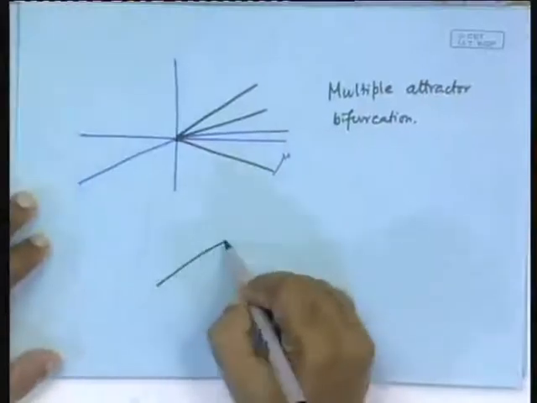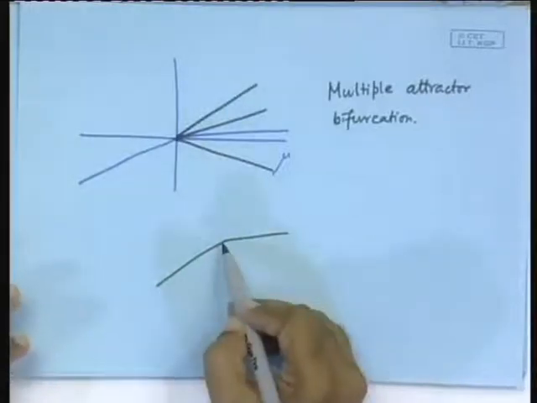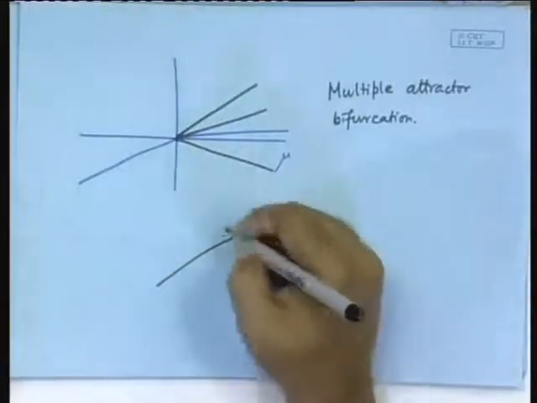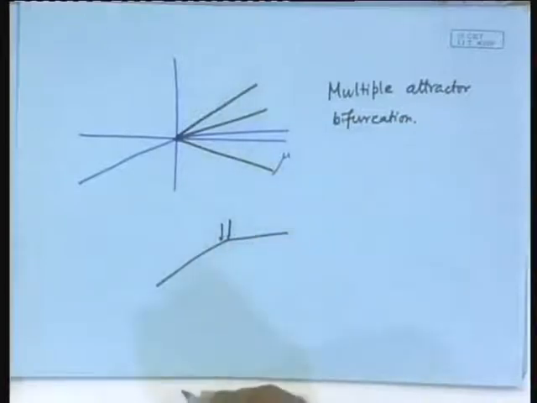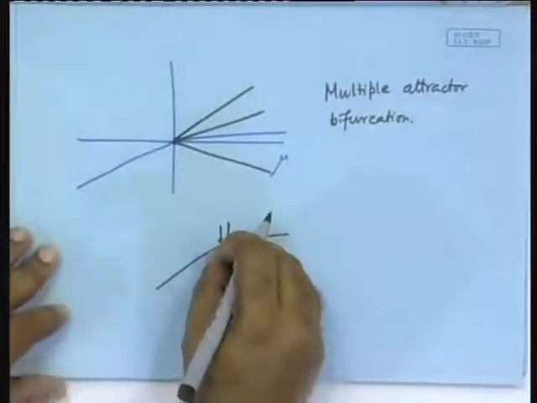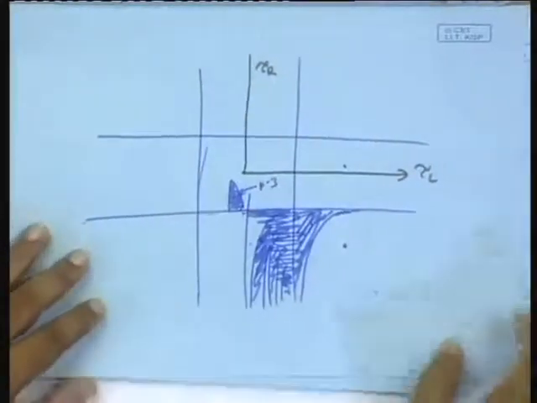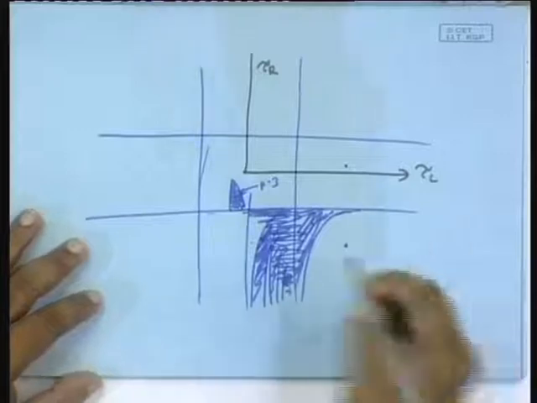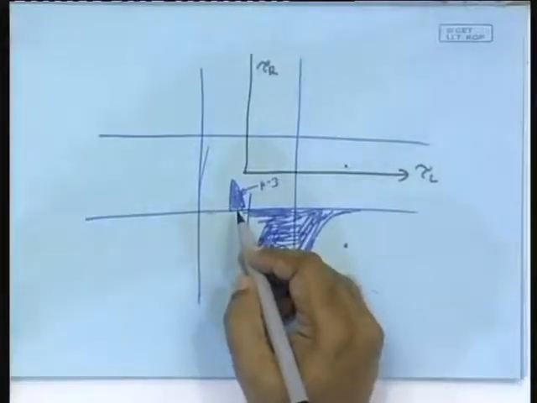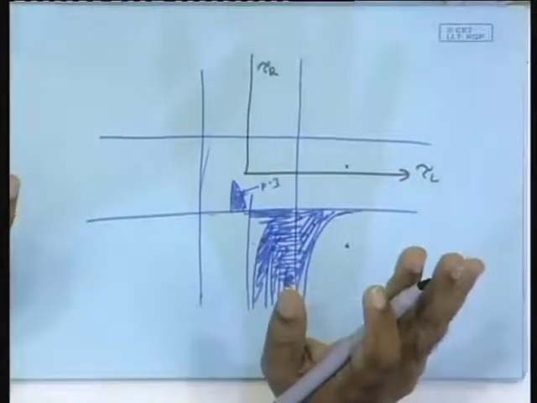So, say you have obtained a bifurcation diagram looking something like this, and you are happy that it was a periodic orbit and it remained a periodic orbit. But as I told you, you have to obtain the Jacobian matrices and fit to the theory. After putting the trace and the determinant into that picture, if you find that it falls somewhere here, you know that even though I have not detected it in the bifurcation diagram, this fellow exists, lurks somewhere. So, I am in a dangerous situation, right.